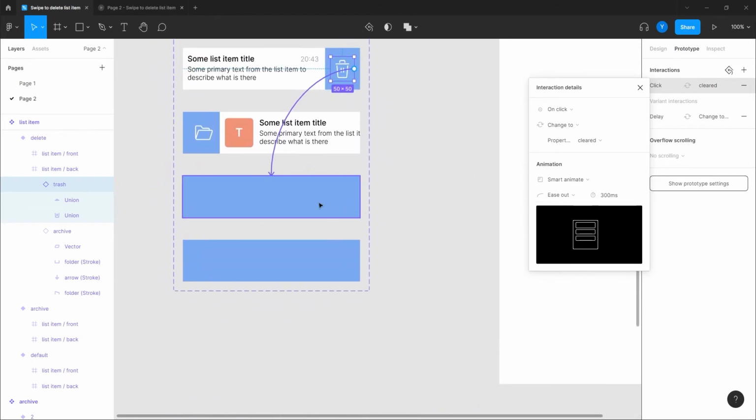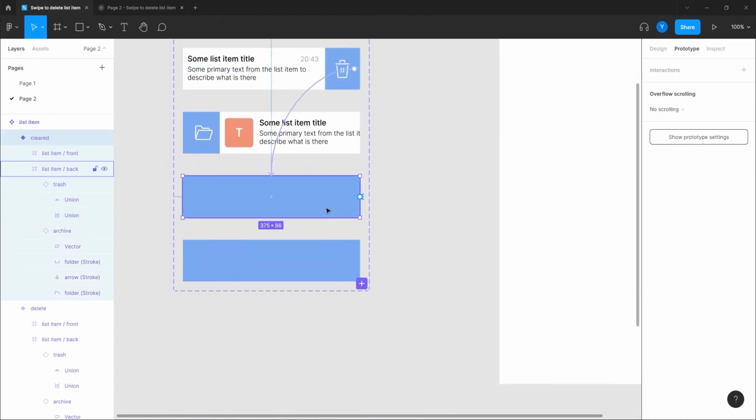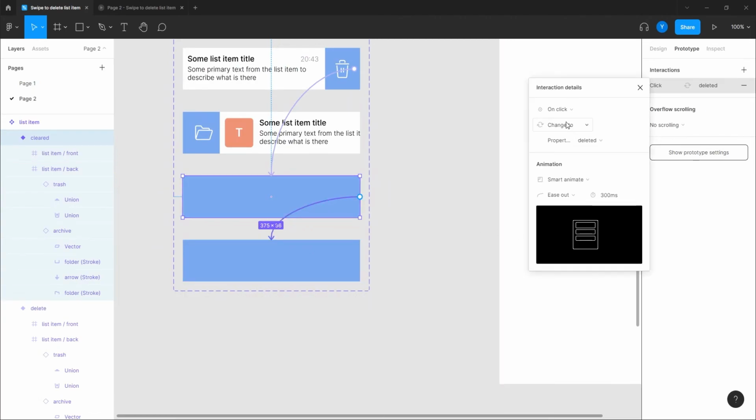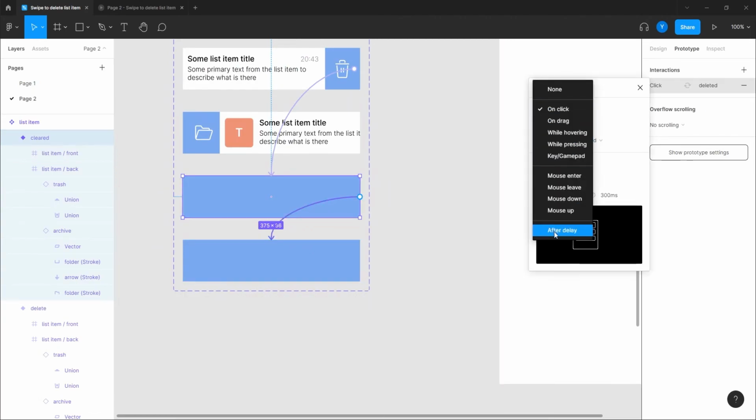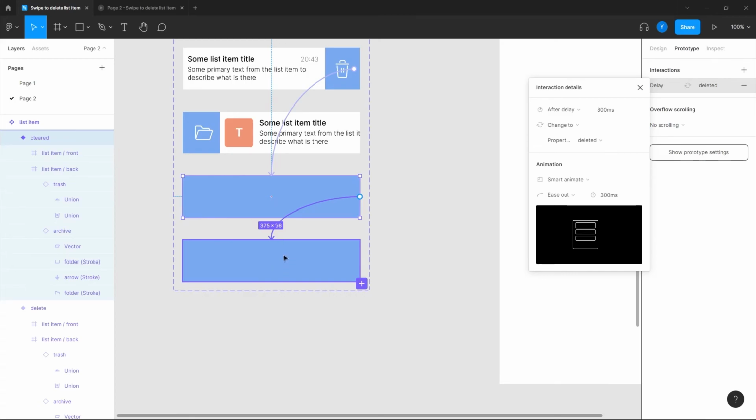And now from this one to this one, I'm going to do it in an after delay. This is going to be the 0 height, which I'm going to do right now. After delay, 300 milliseconds, or even give it 200 milliseconds. I think we will see how it goes, and we can always adjust it. And I want it, of course, with no delay.